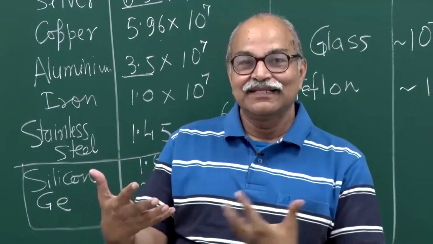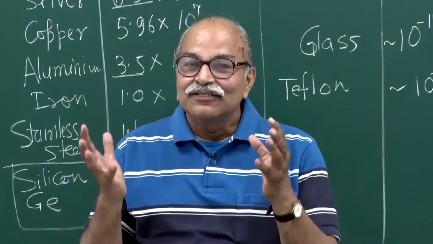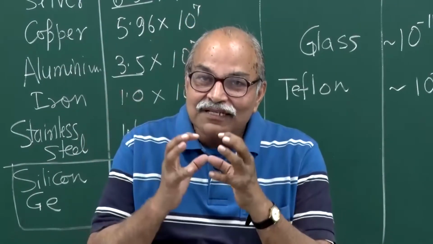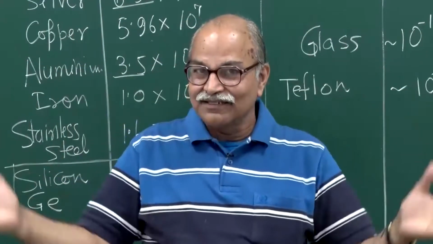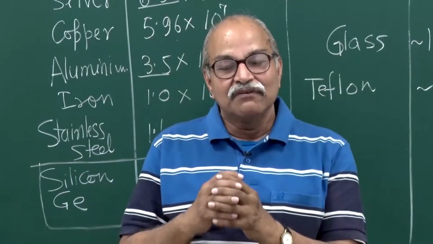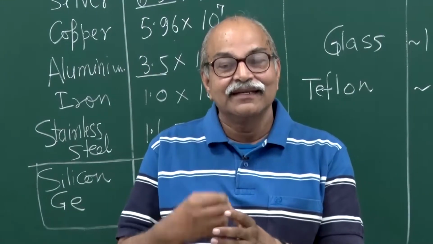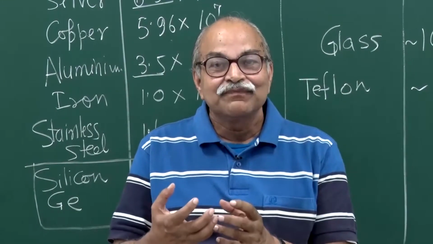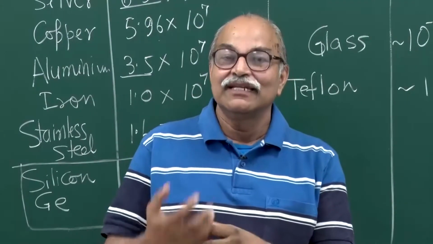Everyone knows, in class 8, 9, we all study this, that you have a lot of hydrogen in the core of the sun. In fact, the entire sun is just hydrogen, and in the core you have hydrogen at very high temperature and high density, and that is being converted every moment into helium.